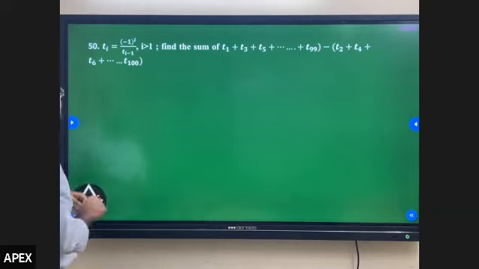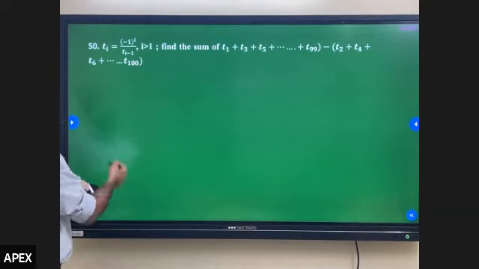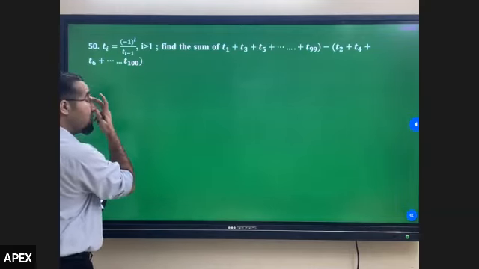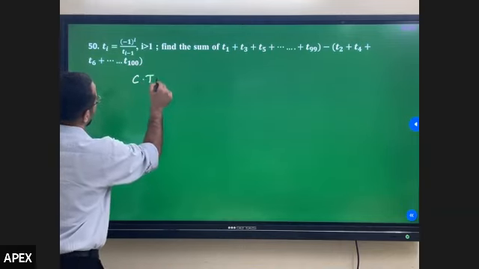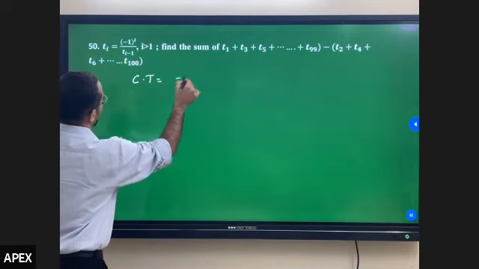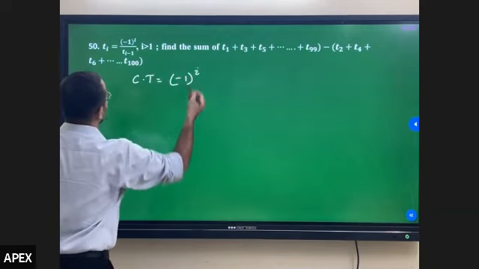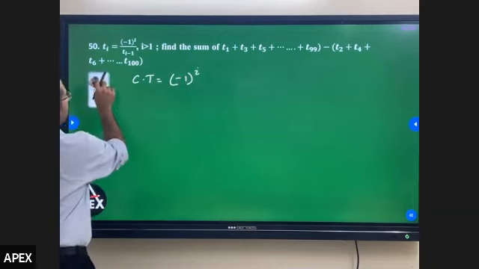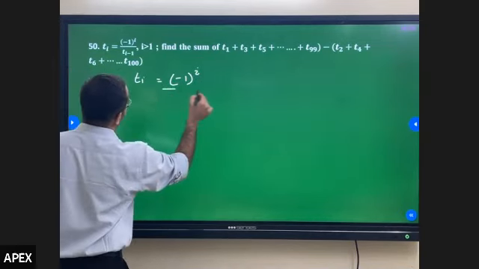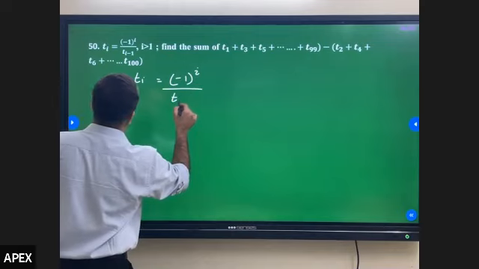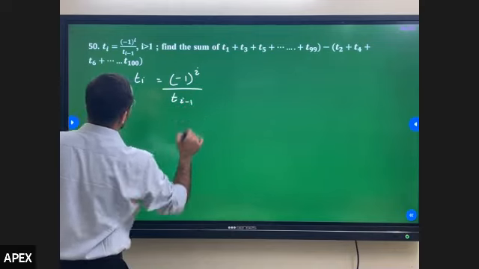So minus 1 to the power i divided by t of i minus 1, which means my current term is equal to minus 1 to the power i. Let's replace which term I am talking about. It will depend on that only. So let's write this: T of i divided by T of i minus 1.